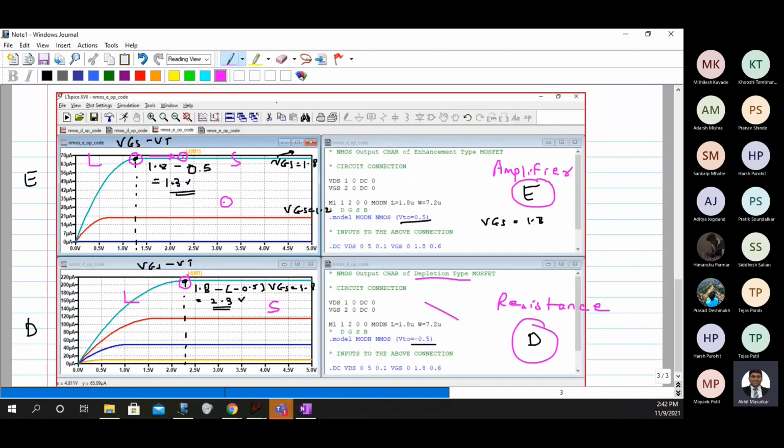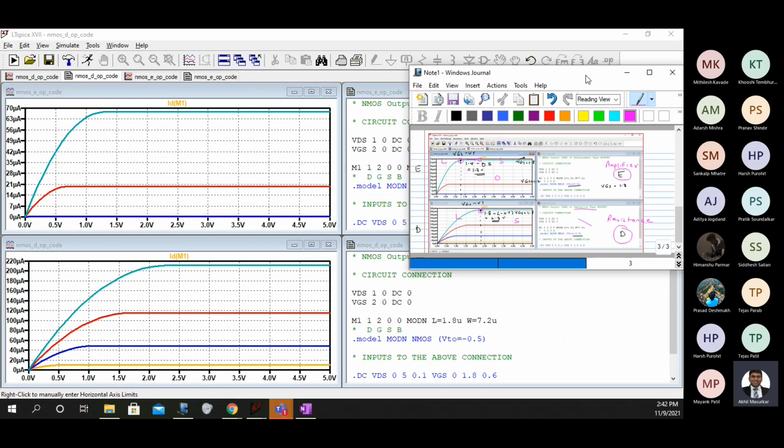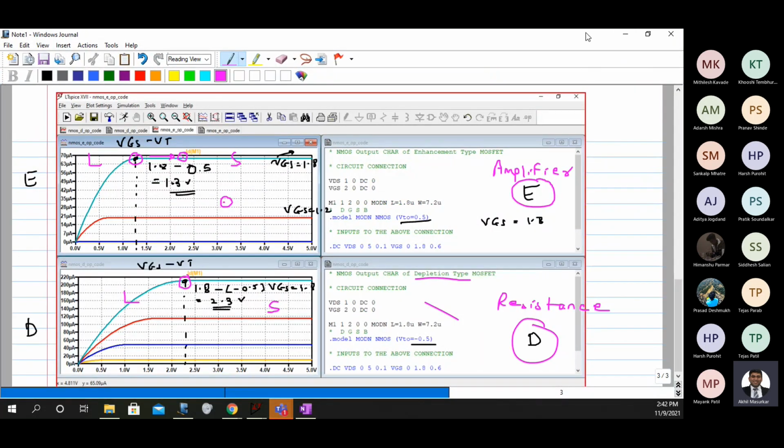Okay, so in the exam, don't make the mistake of just showing a circuit and output. If the readings don't match, then you are in trouble. So apply logically. Even if you get it wrong, don't panic. You apply your brain, and I'm sure you will definitely get it. There is no rocket science in this. But this is how you must cross check. So that cross checking is more important.